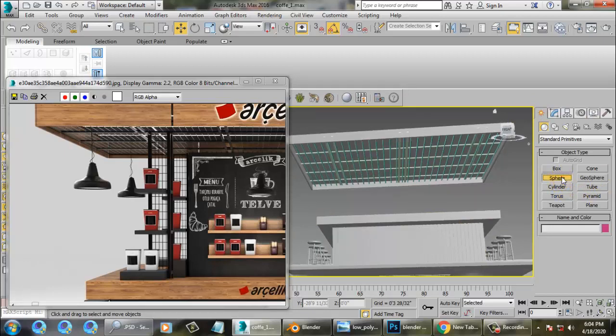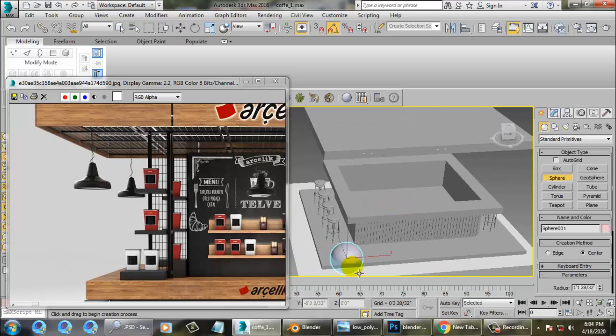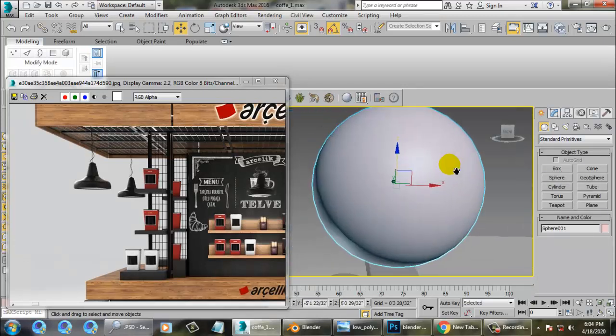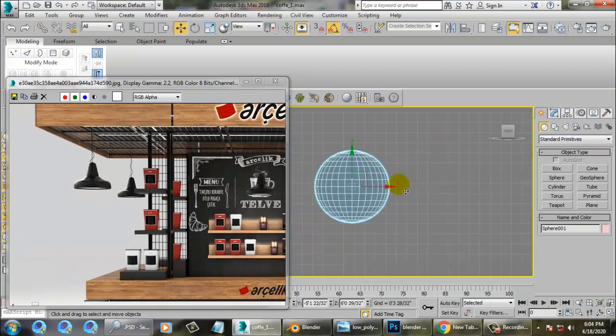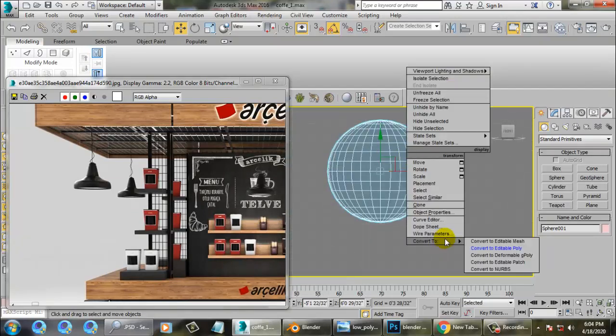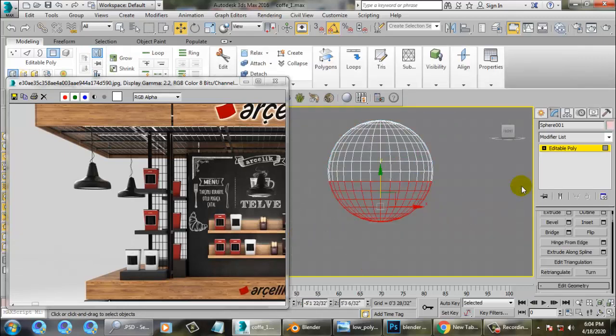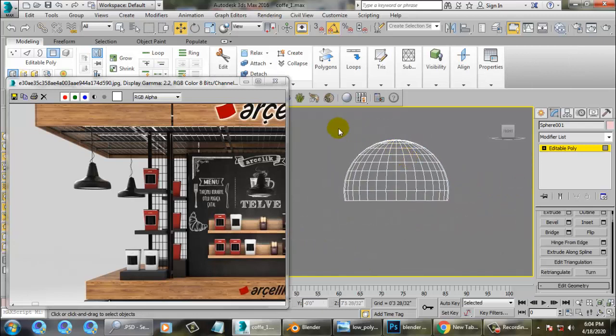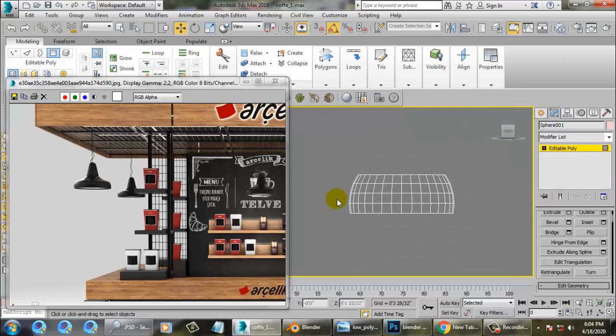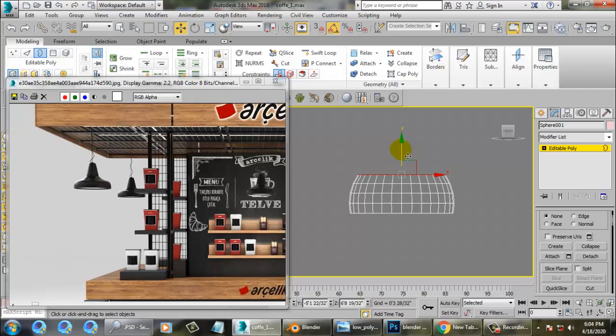For that I can take a sphere, convert to editable poly, and delete this part. Then select this, shift and drag, R and scale it.